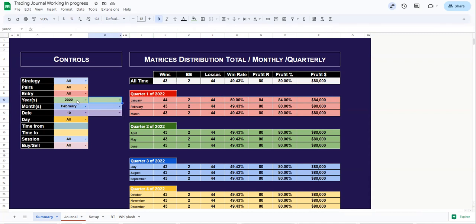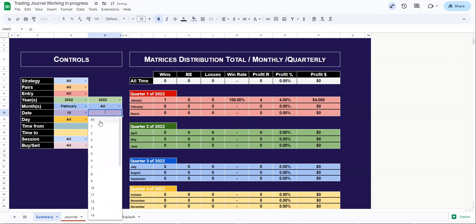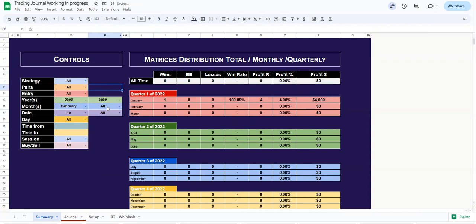But if you want to restrict this only to 2022, you can always select 2022 here and select all in here, and you can always select all in here as well, though you don't need to. If you are selecting the month as all, you don't need to select the date. You will see it won't affect anything. So now you can see only the breakdown for the year of 2022 quarter one,